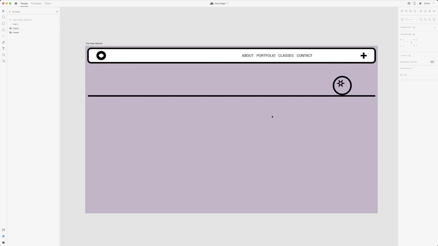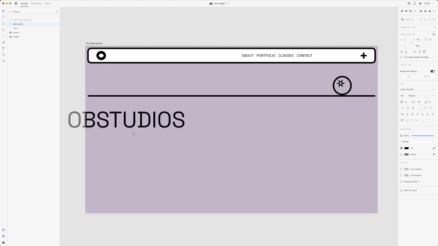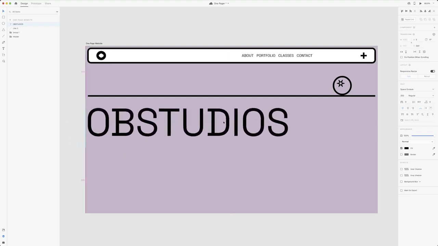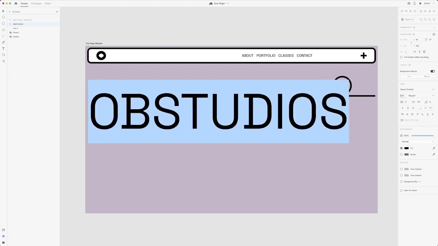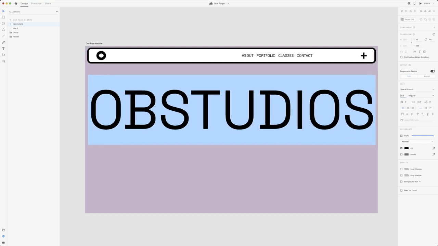The next thing that we're going to add is hero text. All right, since this is just a test website, you can put your own text over here, but I'm going to put the name of the channel, which is OB Studios, and then I'm going to make this really big to cover the entire width. All right, so I'm just going to highlight it, go over here, and then keep increasing it until it gets to the very